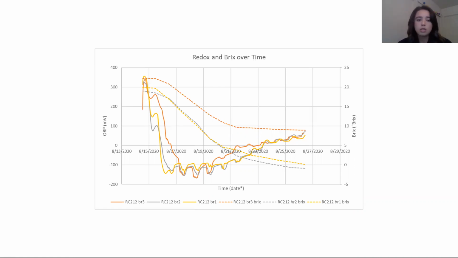So one thing I wanted to point out was these kind of undulations in the data, these waves, as it proceeds. And we see these waves in the morning, which then drop off at night. And initially this was thought to be a product of how the sampling was occurring. So each time Brix data was taken, I would have to unscrew a piece of the lid, which would expose it to oxygen, and which we learned earlier, that would raise the redox level.